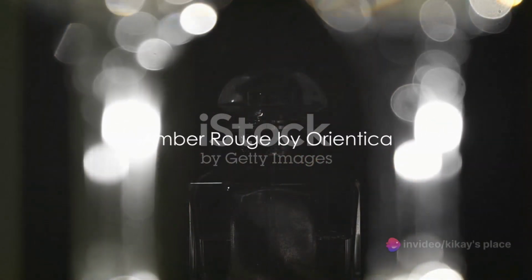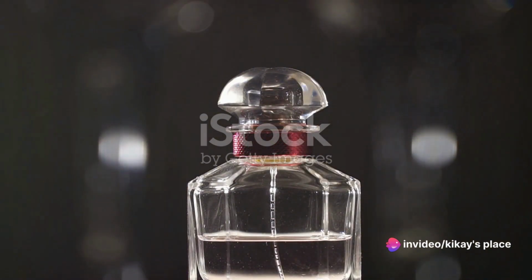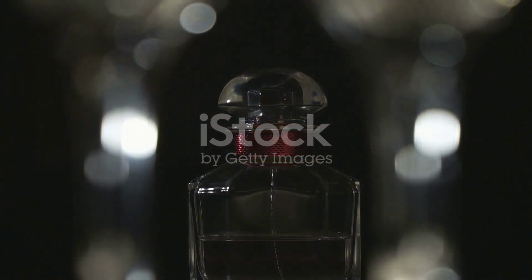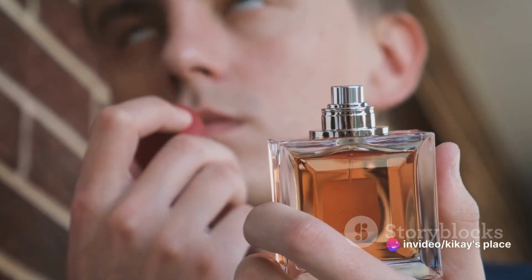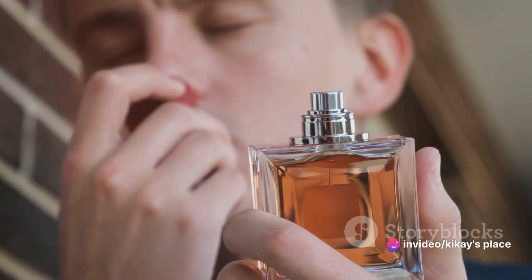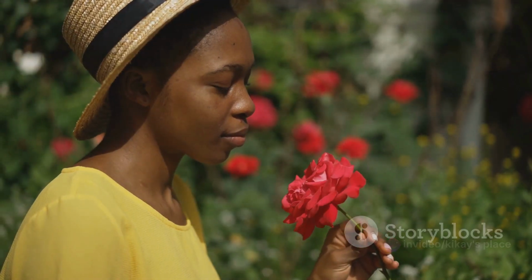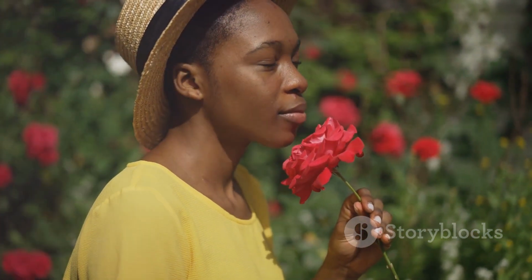Looking for a new fragrance to add to your collection? Well, you're in the right place. Today we'll explore the enchanting aroma of Amber Rouge by Orientica, a brand renowned for its exquisite and unique scents. Orientica has long been a staple in the fragrance industry, impressing scent enthusiasts with its beautiful craft and exceptional quality. So, if you're intrigued by the allure of exotic scents, sit back and let's delve into the captivating world of